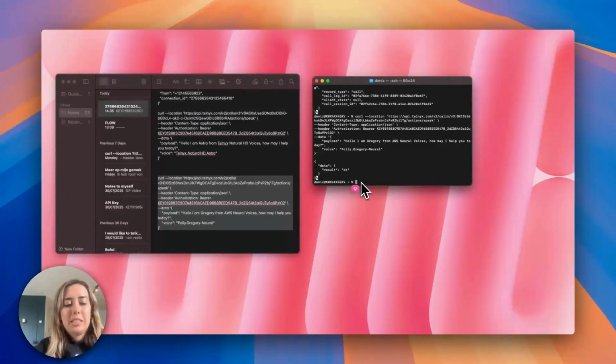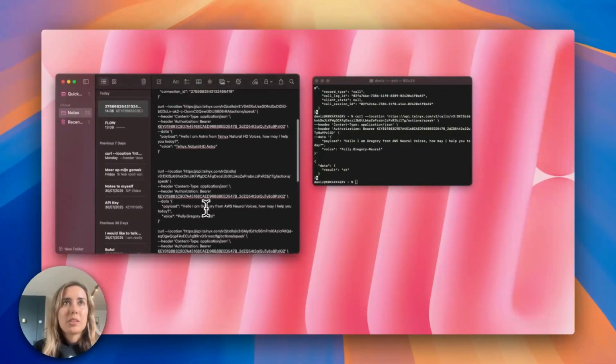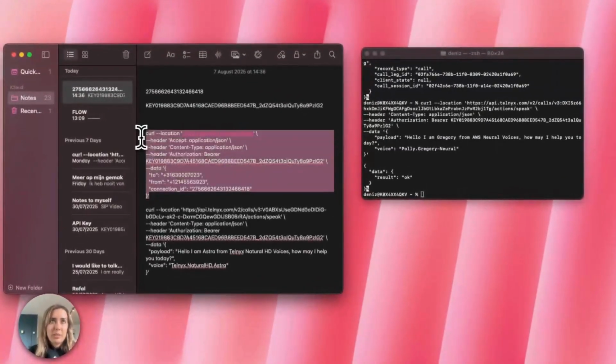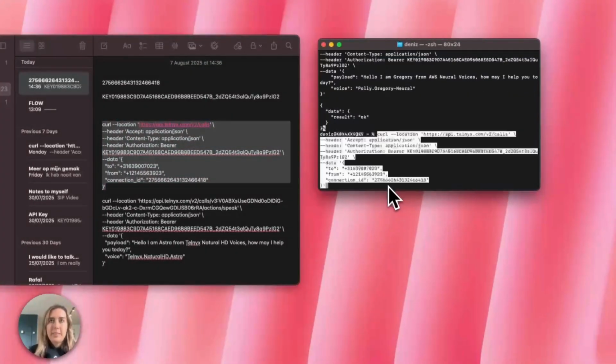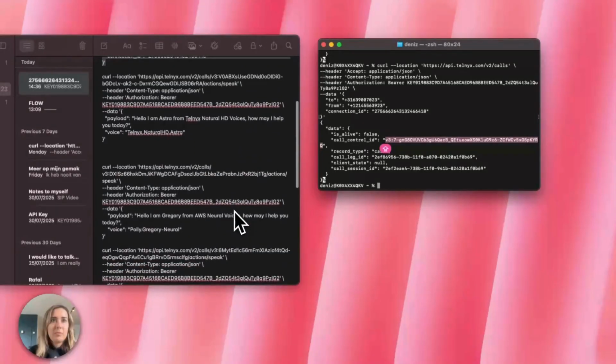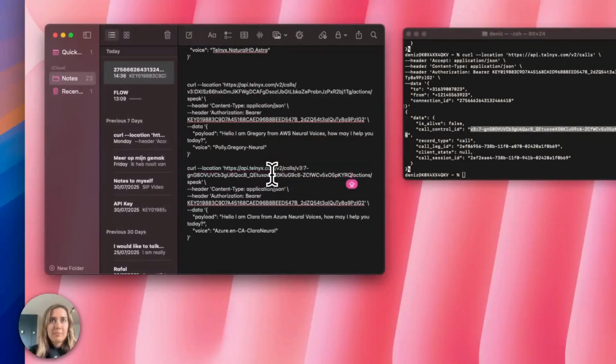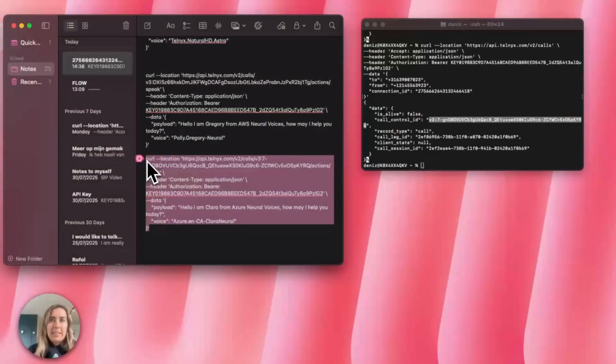So you heard another option. And we will finally try Azure Voices. I have the API key, I have the text. I will start with my curl command. And then I use this call ID. Answer, then